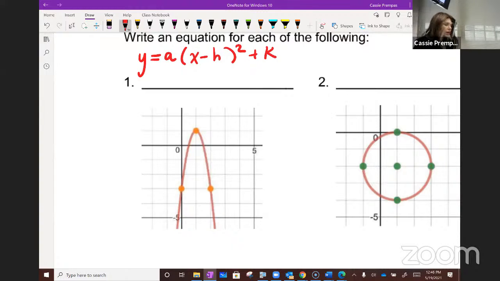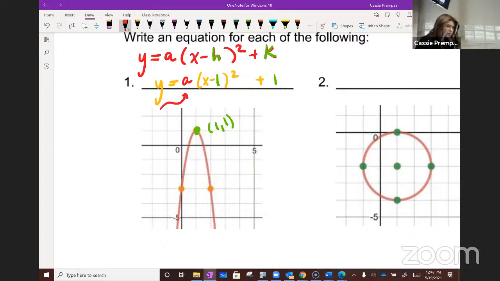Now, do you know what h and k represent? The vertex. What's the vertex shown here? 1, 1. So I already know what h and k are. I can plug those in, and I have y equals some number times x minus 1 squared plus 1. Now, thinking about a,